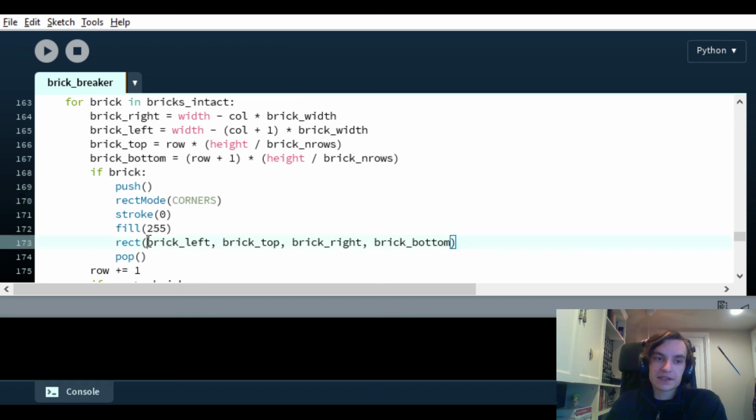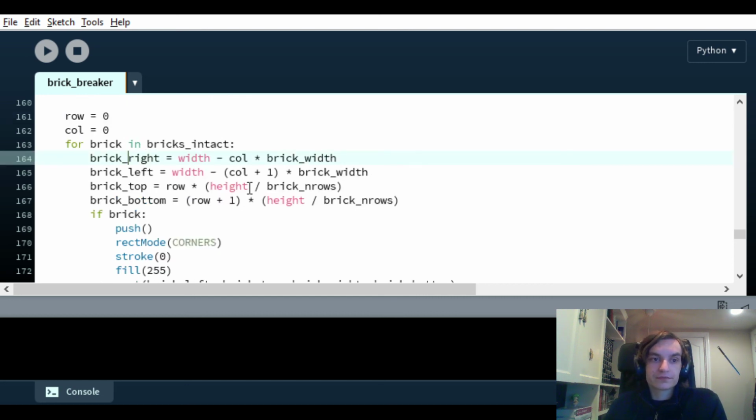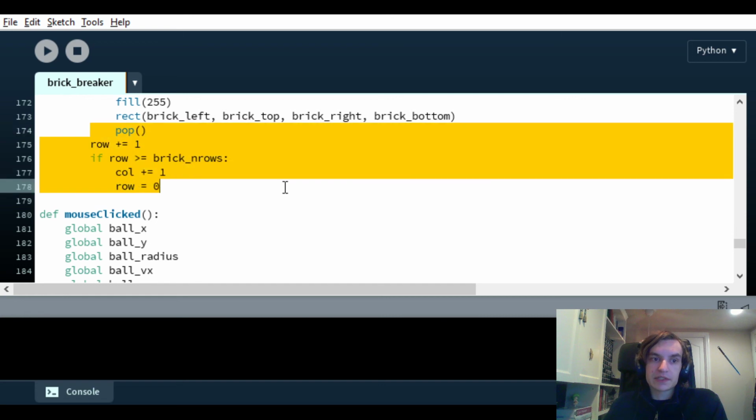You can see that's exactly what I've done. I say brick left, brick top, brick right, brick bottom. And these calculations are fairly straightforward as well, just determining where the right and left and top and bottom of each brick is. Again, we just need to keep track of it.